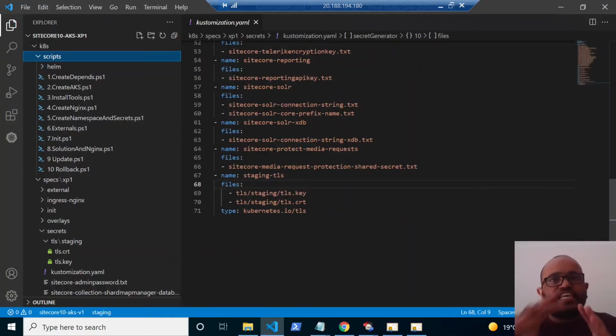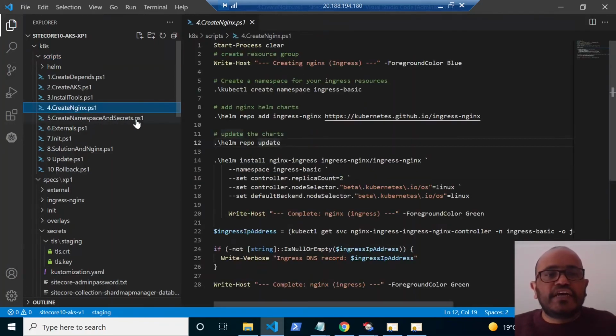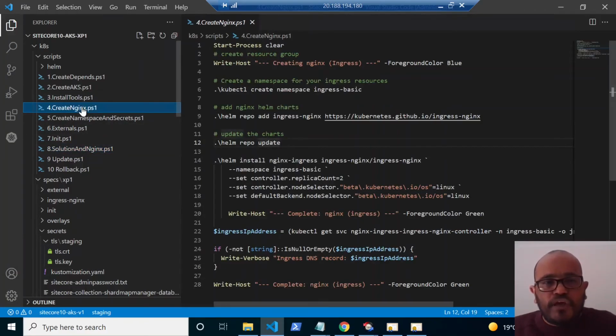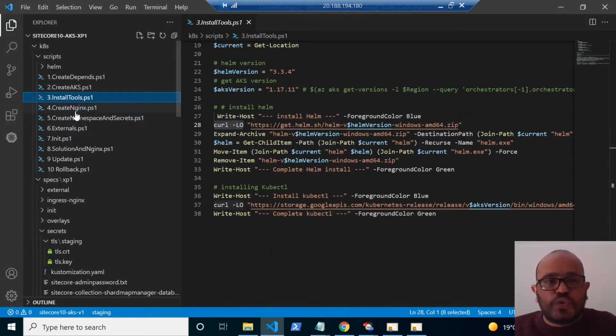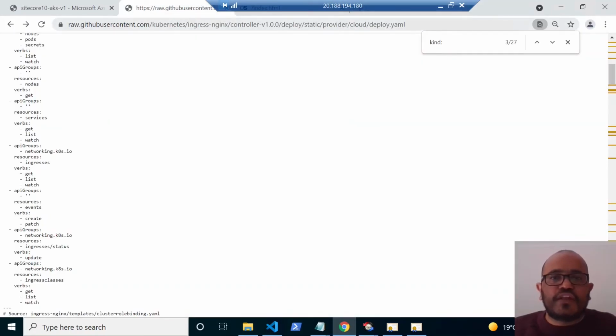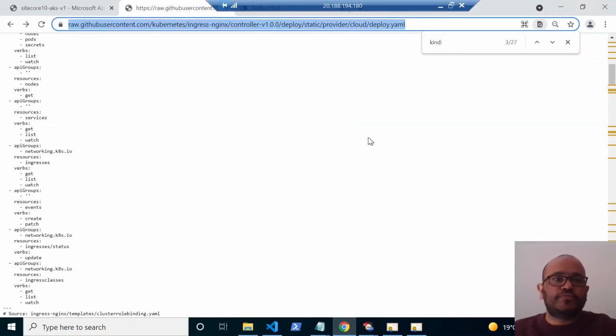The next one is the sequence of the installation. The first one, we will deploy the secrets. The next one is we need to deploy the create ingress. And after this one, you need to install the actual ingress. Okay. If I want to deploy this one, it is using Helm, and that will be installed here. So to replace the 3 and 4, I am using another YAML file, that is this one. I will give this path in the description.